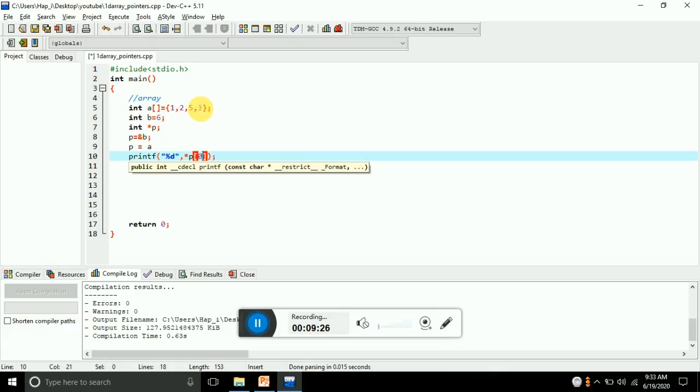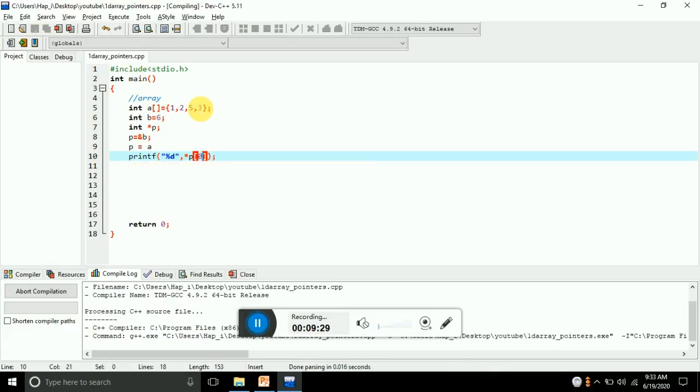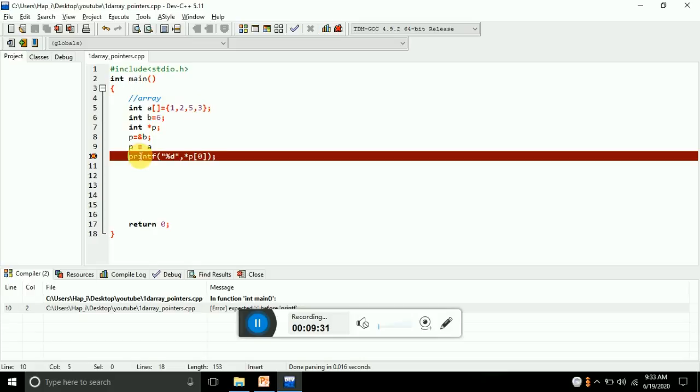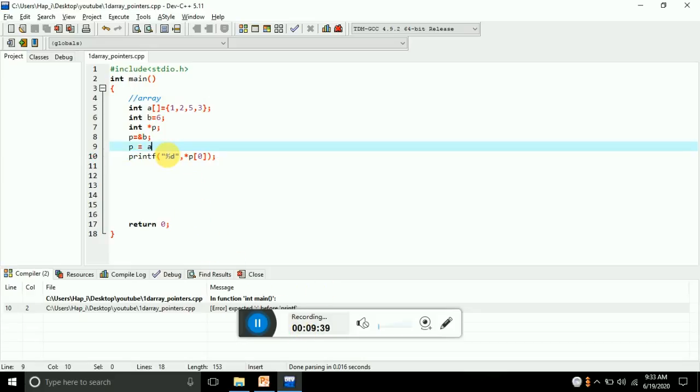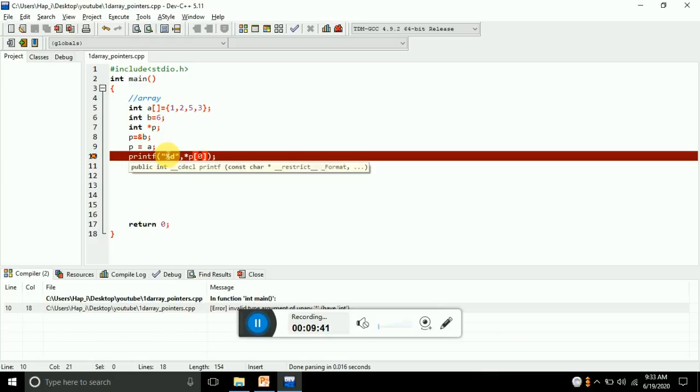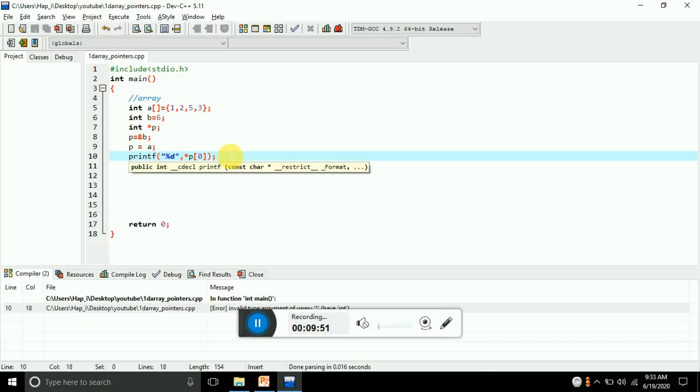Yes, there's something I'm missing out. Yes, it's the semicolon. Invalid argument. Okay, I can print that, but I'll show you how to print that.